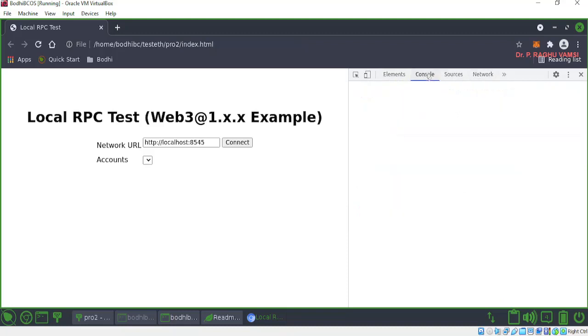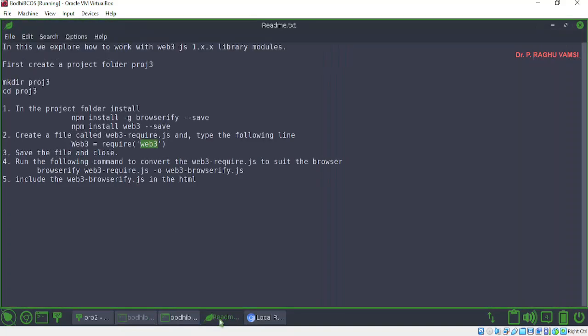Click on developer tools. You will find here elements, console, sources, etc. Click on console. If any error is there in the program, or if the library that you are using is not compatible, it will give you an error here. You can find an error here. Anyhow, my program consists of step-by-step actions. We'll see the program here, what we have written.